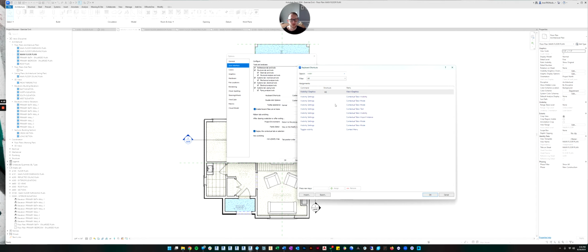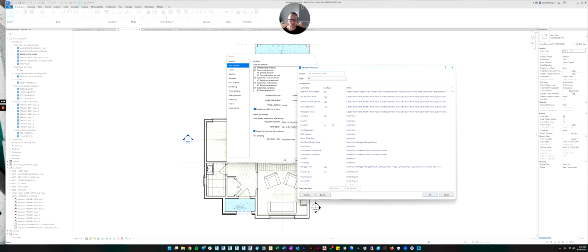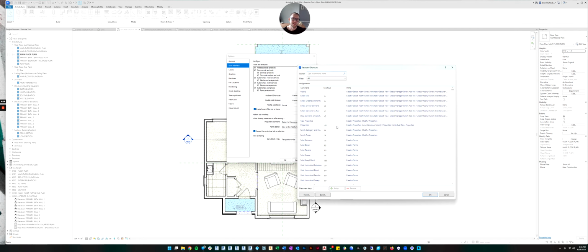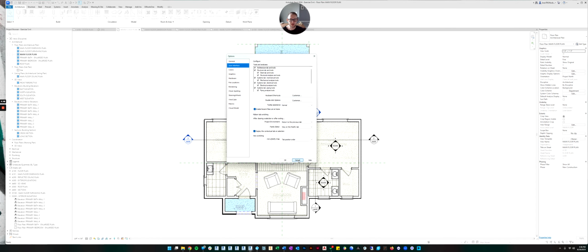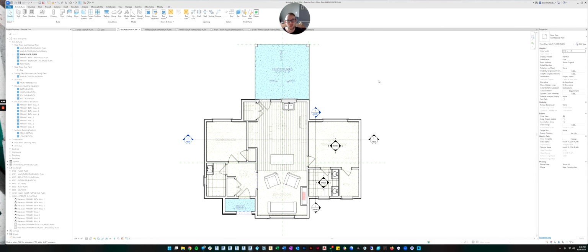The other thing while you're here is you can also save all your shortcuts. And this is important because every year I upgrade my Revit to the newest version, and then I have to re-enter all my keyboard shortcuts. So the fastest way to do that is to export all of my shortcuts, and it saves it in a file on my computer. And then in the new version of Revit, I can import my file and it will set up all my keyboard shortcuts for me. So that's just something to keep in mind when you're using Revit. So it's kind of a side note, but I thought it might be a good time to teach you that now that maybe things aren't so overwhelming.